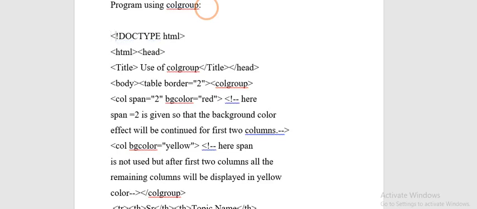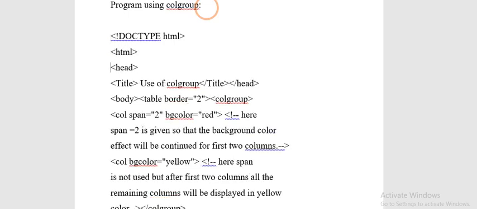That is, the document type declaration is the HTML declaration. After that, your first tag is the HTML tag. You all are now familiar why we are writing the HTML tag. Also, you all are familiar that the HTML tag is divided into two sections, that is the head section and the body section. Every time inside the head section, we use the title tag, which is used to assign the title not to your program but to your browser below your URL.